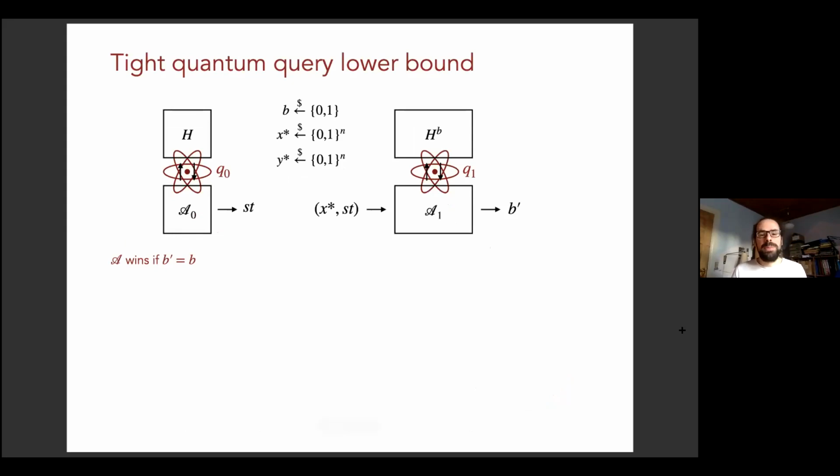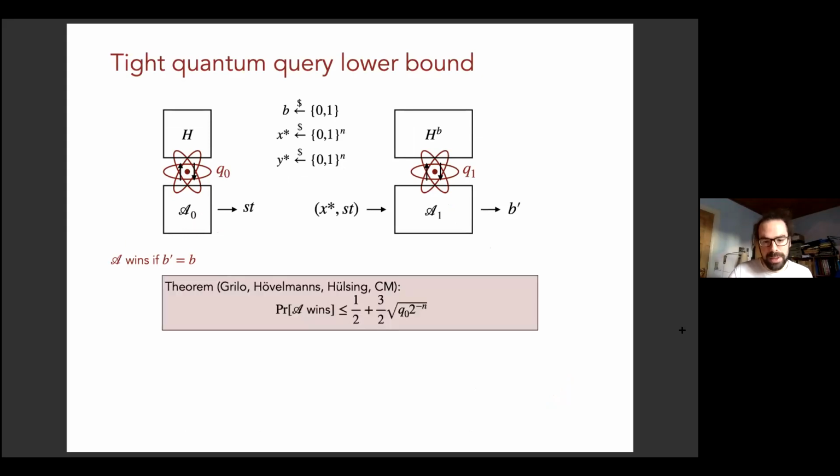We went back to this problem of characterizing this adaptive reprogramming game in the quantum setting. And here is our theorem. We prove that the advantage of any algorithm A in winning this game over random guessing is bounded by a term proportional to the square root of the classical advantage. So note that this does allow for an improvement over classical. So the quantum oracle access does help.